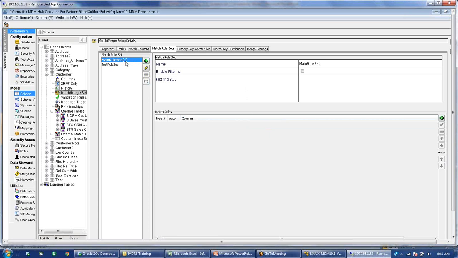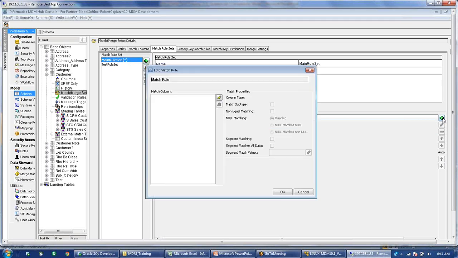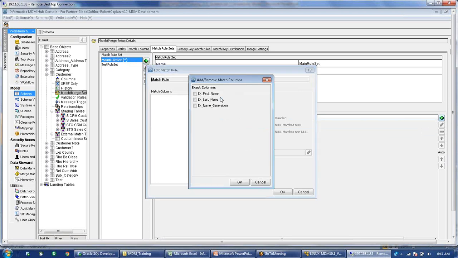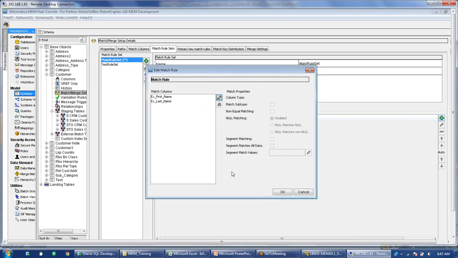Once we have added this rule set, now we have to come here and click on this add button. Using this button, we add the columns. We are saying based on what columns I want to match the data. For example, first name and last name. I want to match based on the first name and last name columns, so I've selected both of them and clicked OK.